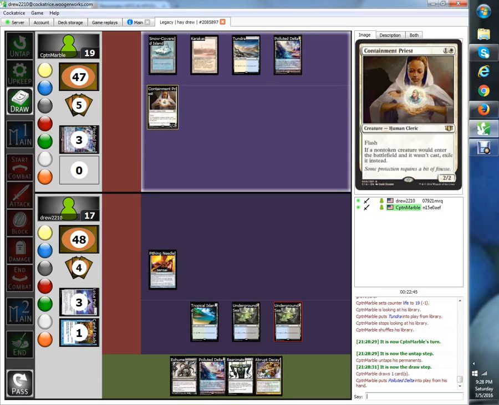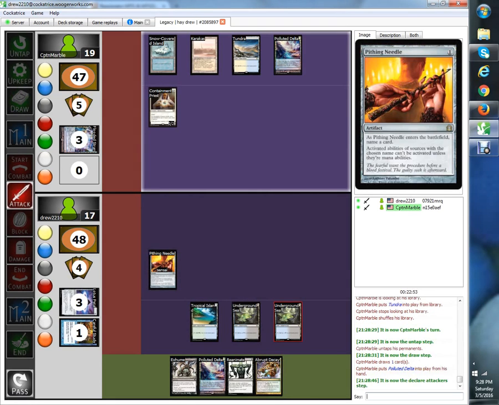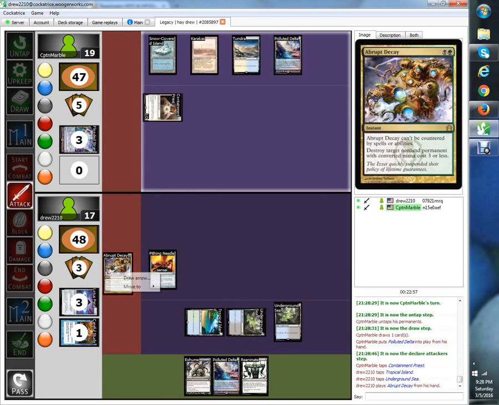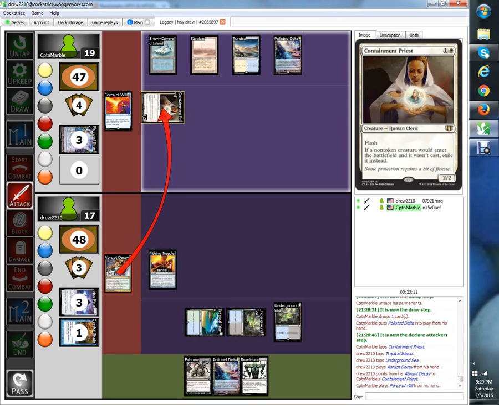So, converted mana cost is less than 3. So on his end step, we'll, in response to him attacking actually, we'll Abrupt Decay. So the best part about this against him is it can't be countered by spells or abilities. So, his Containment Priest is...